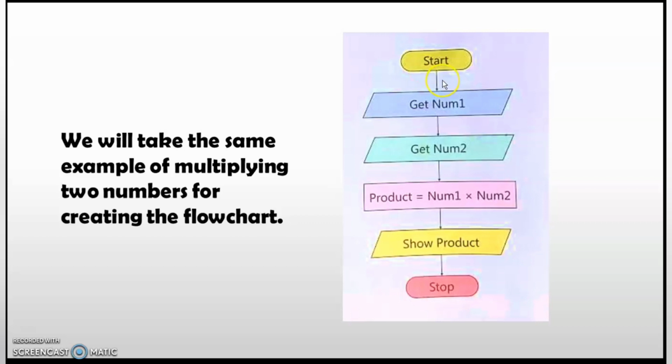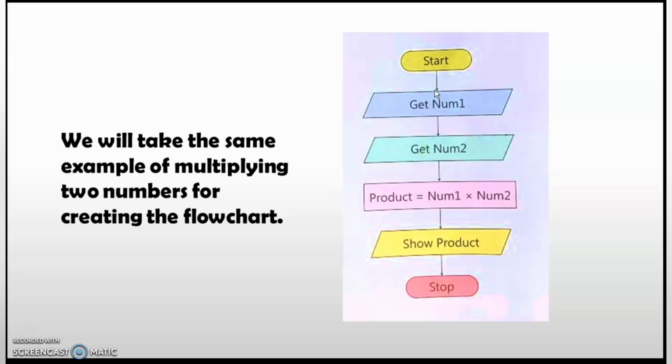Okay, after that next one is getting the number. That is actually input. We will be giving some numbers to the computer. Suppose you are doing the task on a calculator or a computer even. So the first thing that you need is number 1. You will be entering that number 1. That is input for your device, either computer or calculator. Then again we need to give a second number. Yes, of course, that is also an input.